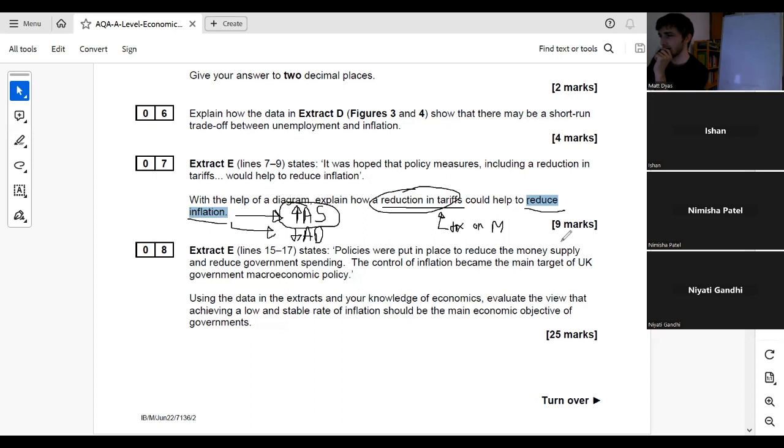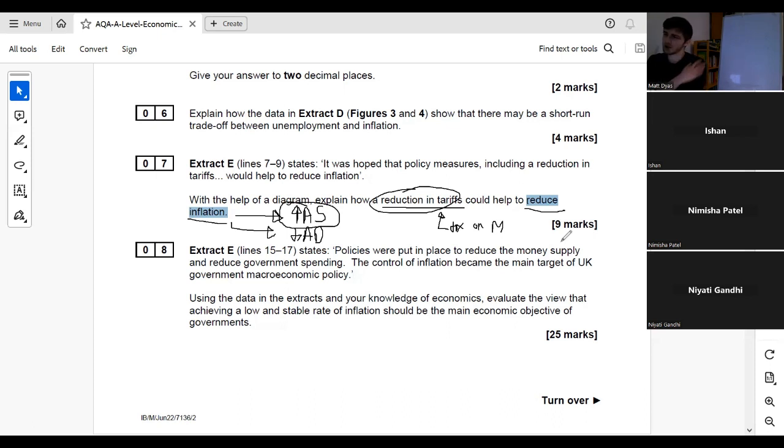Mira has said reduced tariffs means government gains less from tax revenue. Correct. So government spending decreases, AD decreases. Possible, but not guaranteed, right? Governments can spend through borrowing. So just because they have less tax doesn't mean they have to spend less. Devin said AD would rise, so similar to Niati, but no explanation given. Harsh said AD would increase as it would decrease the price of imports. So that's effectively what Niati's gone for.